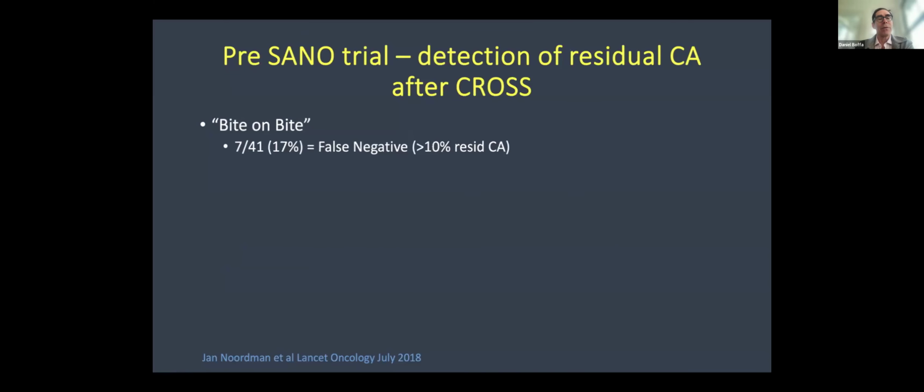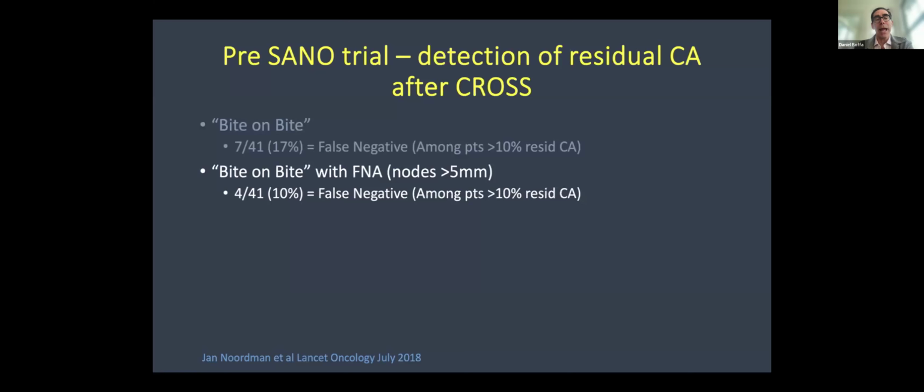Using this, they found the false negative rate, again, meaning negative results in people who still had at least 10% of their residual cancer. So it improved from 30% to 17%. And when they added FNA of nodes that were bigger than 5 millimeters, it went down to 10%. So 10% of the patients who had residual cancer, which they defined as greater than 10% residual cancer, had a